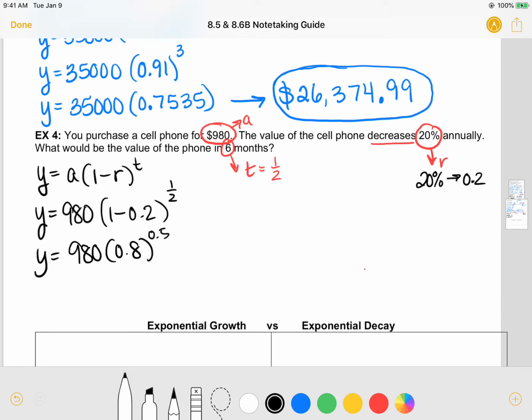I want you to punch in 0.8 raised to the 0.5 power. And what you should get is 980 times 0.894. Now we're going to grab our calculators and multiply those two numbers together. 980 times 0.894, and that's going to give us a grand total of